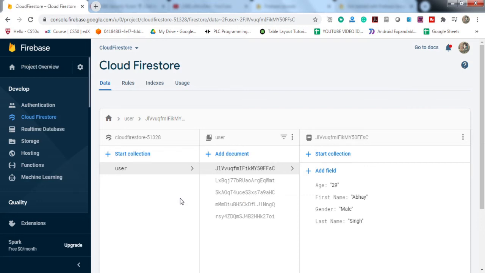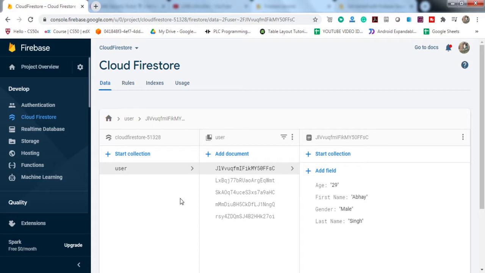So today's video will be in continuation with our Cloud Firestore series. In the previous tutorial, we learned how to write data to the Cloud Firestore. If you haven't checked that video already, make sure to check that video by clicking on this I button. In today's video, we're going to learn that if we have data in Cloud Firestore, how do we read the data, right? How to implement the reading process for the data involved in Cloud Firestore.